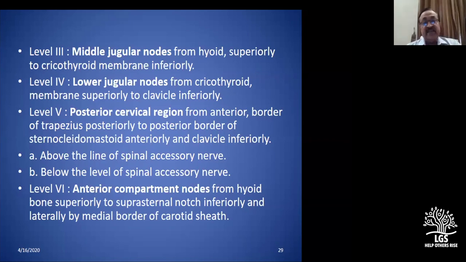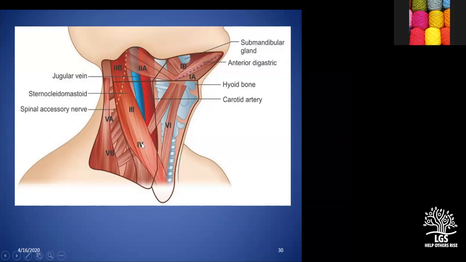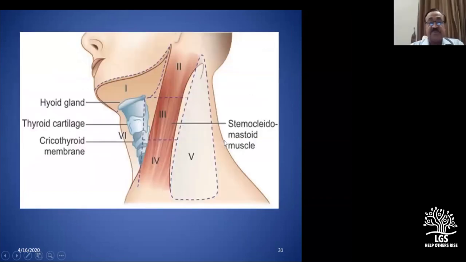And again there they have classified as A and B. And level 6 is the anterior compartment. So all the books have given this. I request you to go through it carefully. All the 6 zones of lymph node classification. I think the same picture is here, so there should not be any problem. 1A, 1B, 2A, 2B, 3, 4, 5. Same picture. And also I advise you to practice simple diagrams. If they ask you about neck dissection as a major question in theory, different types of neck dissections, these simple diagrams will fetch you more marks.